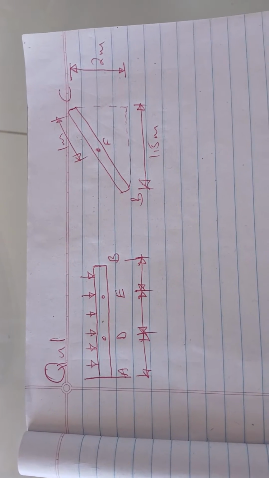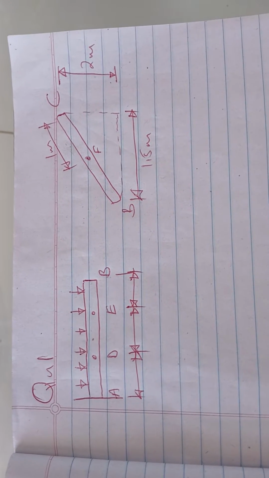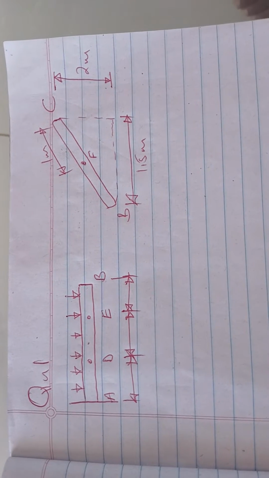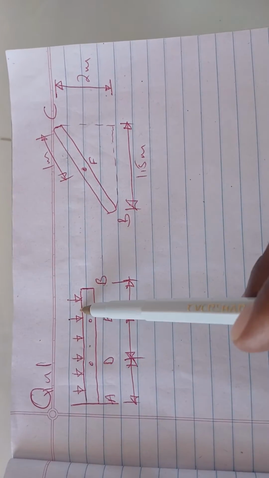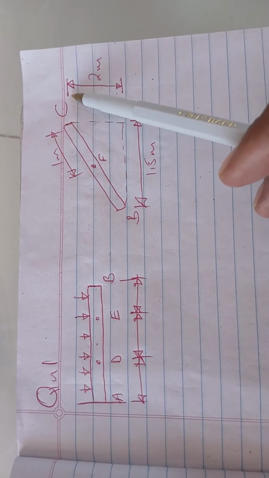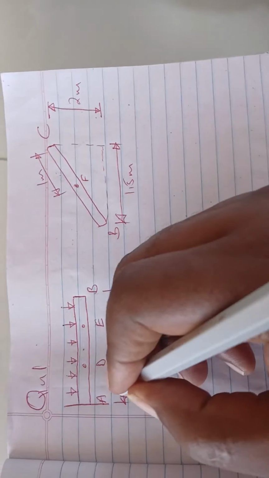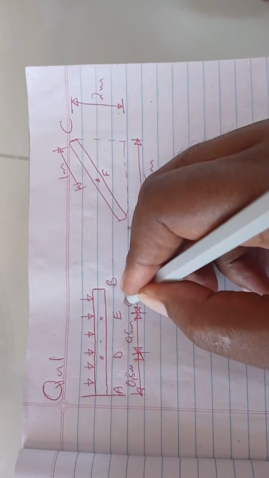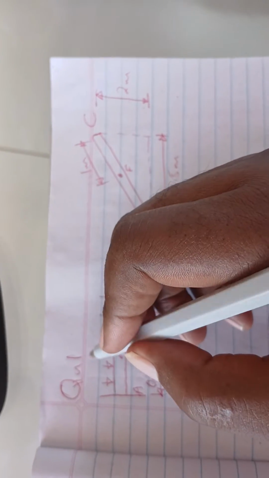Okay, here we have our free body diagrams for question number 1. I've dismantled the link into two different parts, A to B, this link A to B with uniformly distributed load here, and B to C where it is pin jointed at C and at B. So here we have 0.5 meters, and here 0.5 meters, and here 0.5 meters, and here our uniformly distributed load